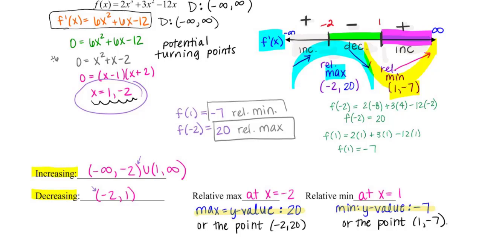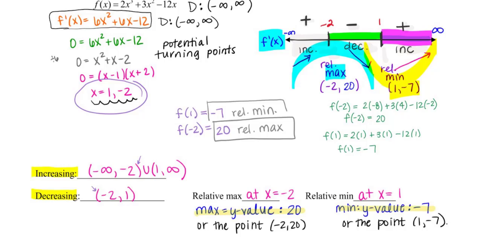Our relative max, we could say at x equals -2, and I'll show you why here. Or I can say the point -2 comma something. Why? Well, because we increase to a maximum and then turn around and decrease. So I could see visually that that would be a relative maximum. It is going to have nothing to do with the placement of the y value. It has everything to do with the behavior of the function. I increase to a max and decrease out.